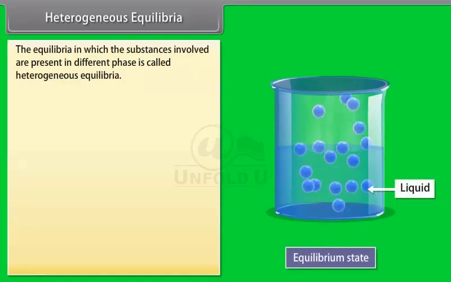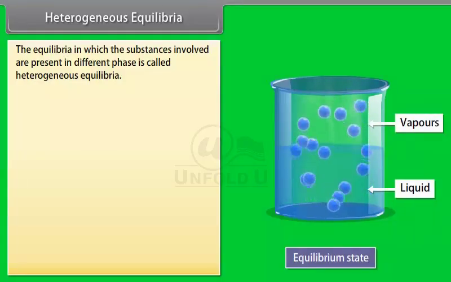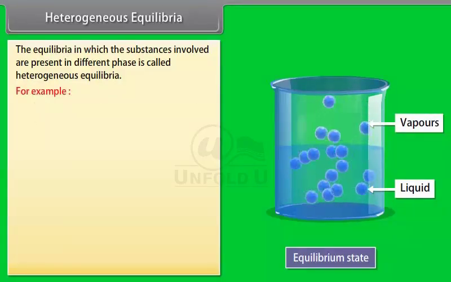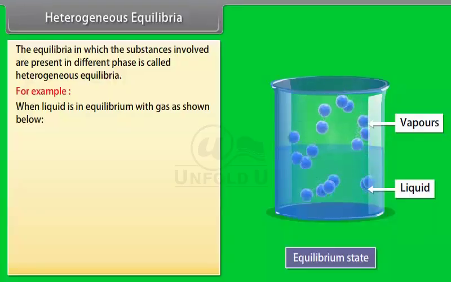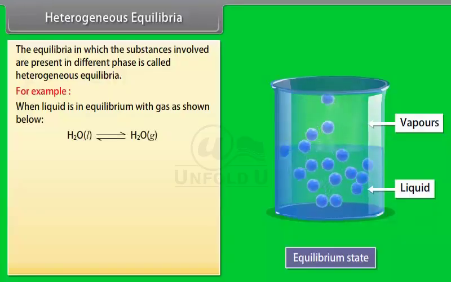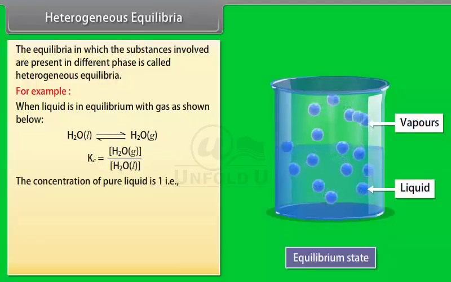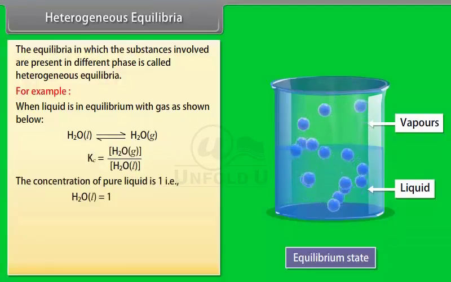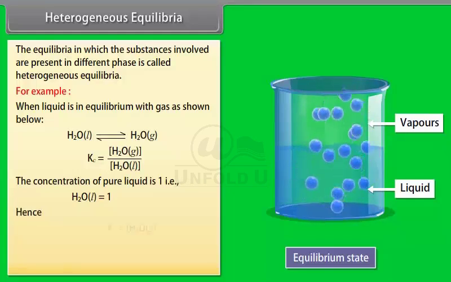Heterogeneous equilibria. The equilibria in which the substances involved are present in different phases is called heterogeneous equilibria. For example, when liquid is in equilibrium with gas as shown below, the equilibrium constant is given. The concentration of pure liquid is 1, that is, H2O in liquid form is equal to 1. Hence,